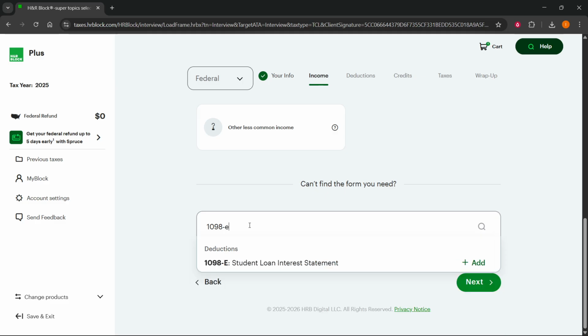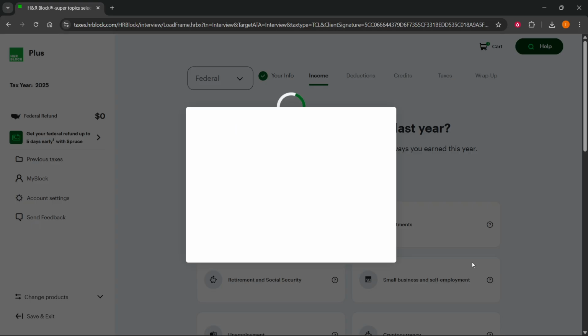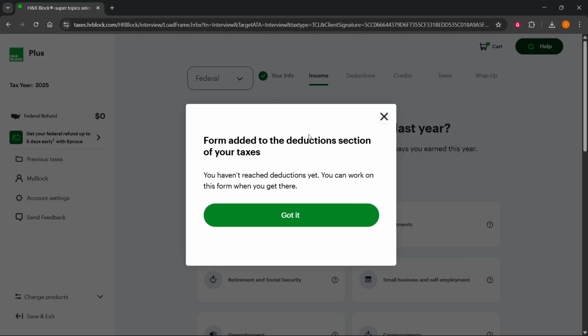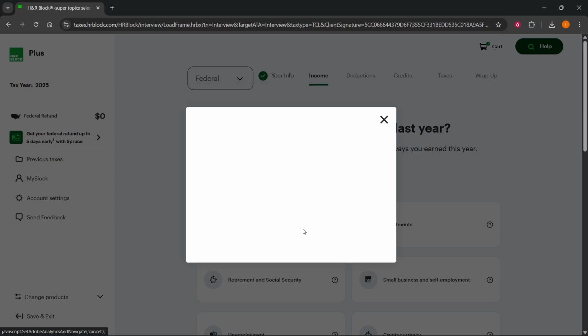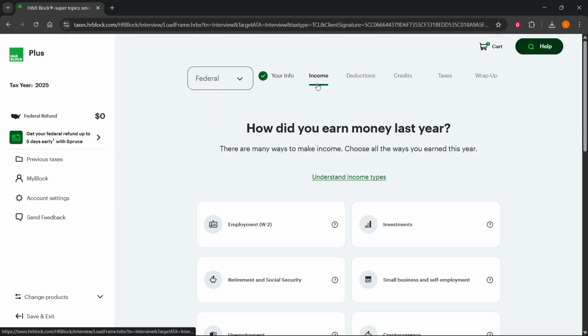1098-E. And when you do that here, as you can see, it's going to say 1098-E, and this is a deduction, so you want to click on plus add, and what's going to happen here, it's actually going to add it over here to your deductions section. So it says form added to the deductions section of your taxes, and it says you haven't reached that yet, so of course you'll be able to do that whenever you finish your income part, and then you'll go to the deductions page, and in there, your 1098-E is going to be waiting for you, and